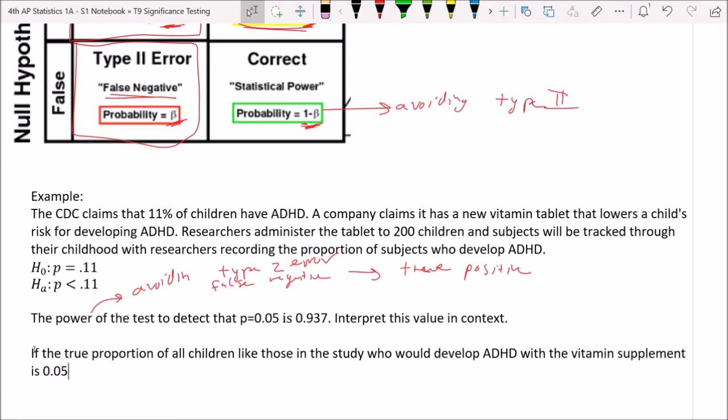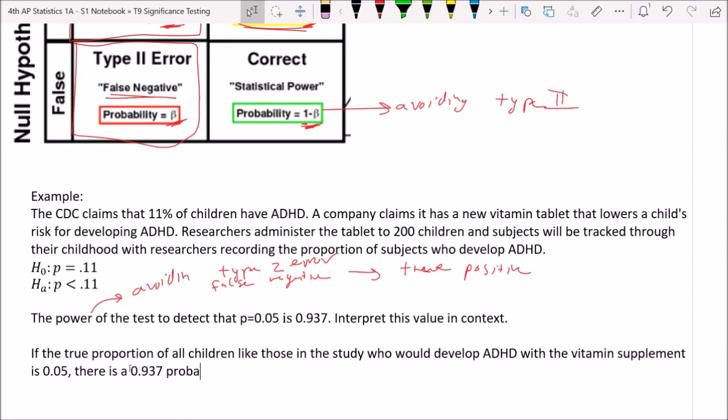By the way, the reason we're talking about all children is because notice that right here it said p equals 0.05, not p hat. So that's a reference to a parameter, not a statistic. So again, where are we at? If the true proportion of all children like those in the study who would develop ADHD with the vitamin supplement is 0.05, there is a power,